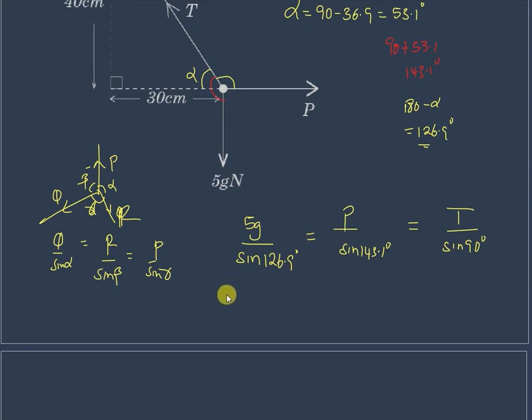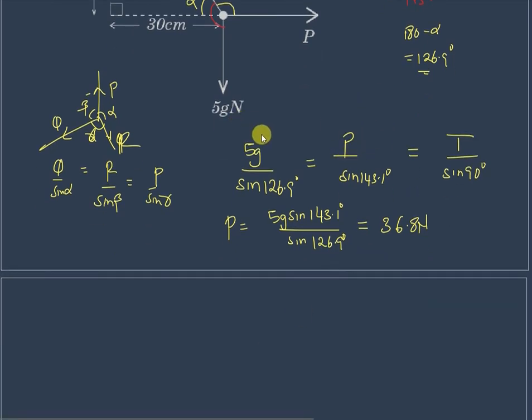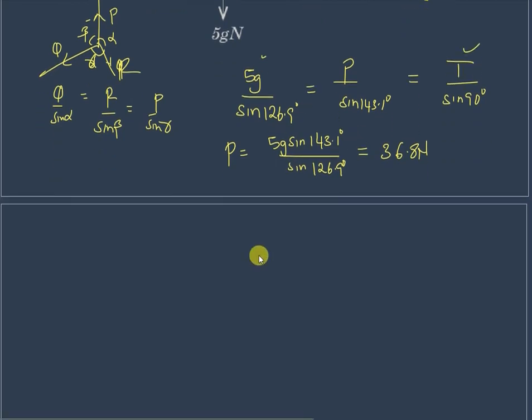So p itself is equal to 5g times the sine of 143.1 degrees divided by sine of 126.9 degrees, and the value of p you are going to get from your calculator will be 36.80 newtons. If you equate this one and that, equate those two, you have that